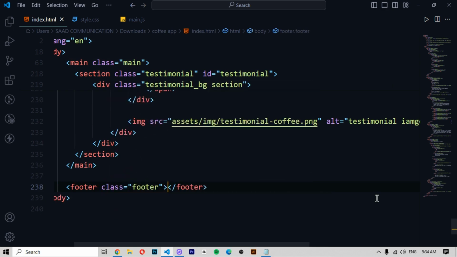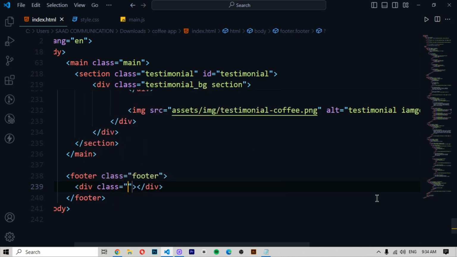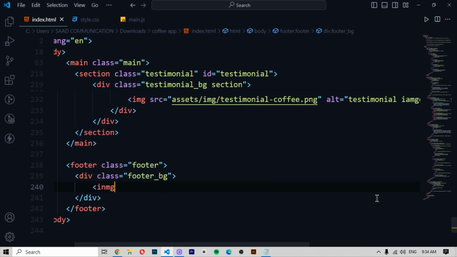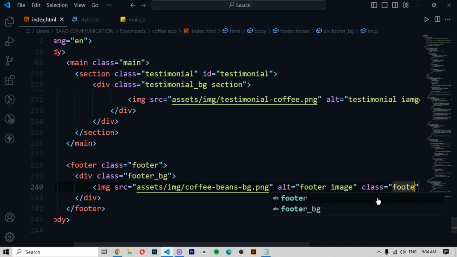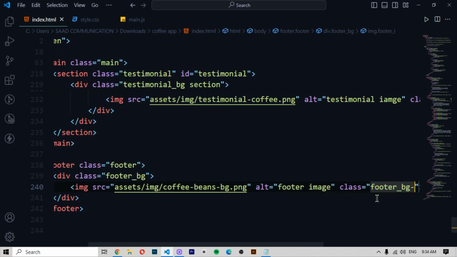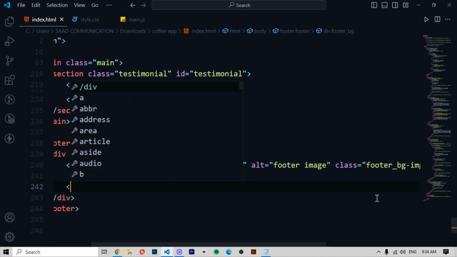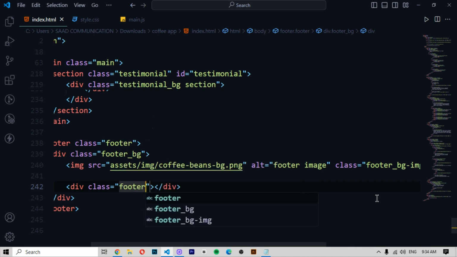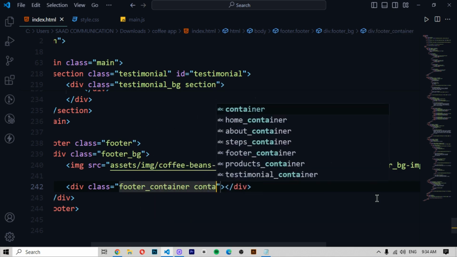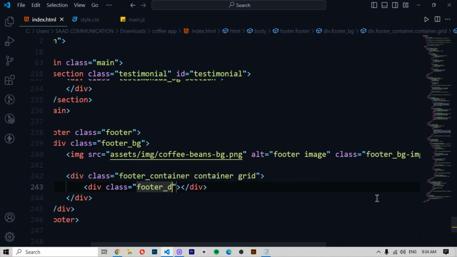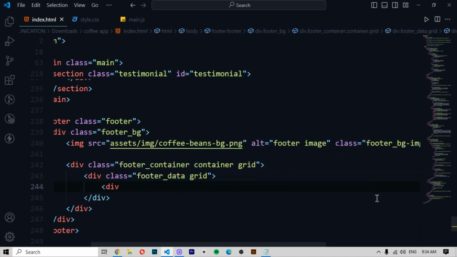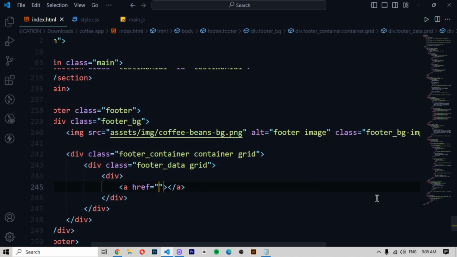So now we define a footer, class will be footer, and then div class will be footer underscore bg, then img src assets img coffee beans bg.png, and then alt should be footer image, and then class will be footer underscore bg minus image, enter, then div class footer underscore container, and then container grid, and then div class footer underscore data grid, and then div, and then enter, and then a href hashtag class